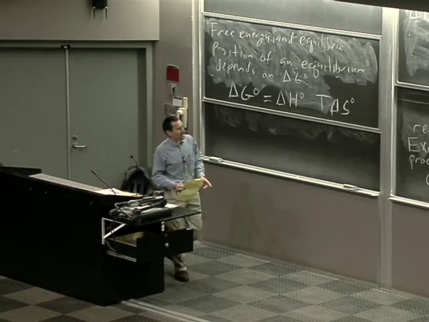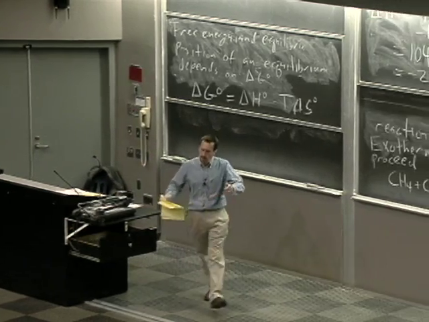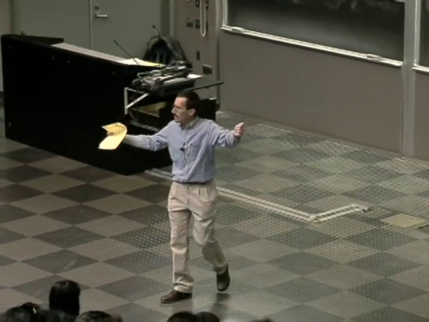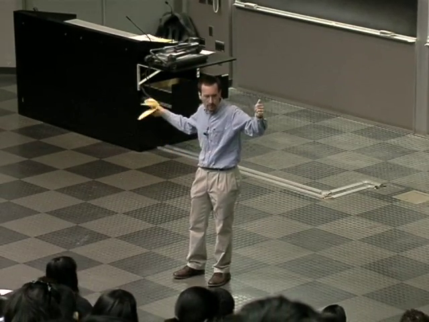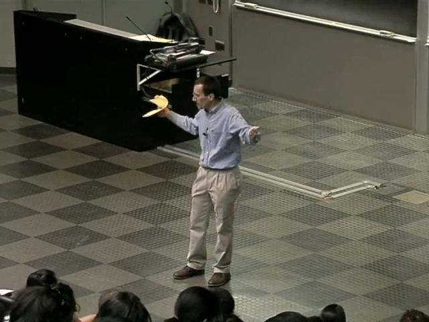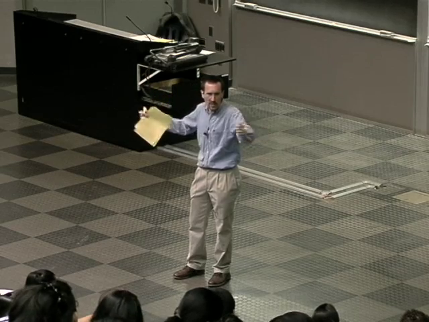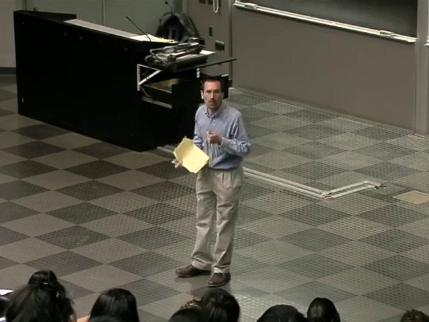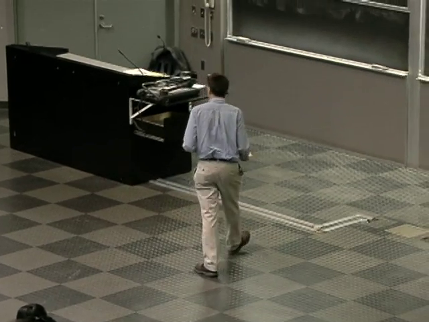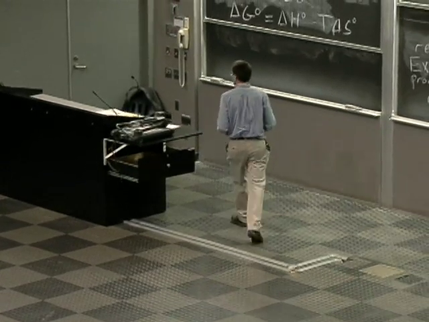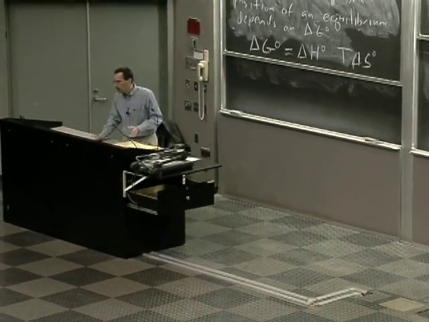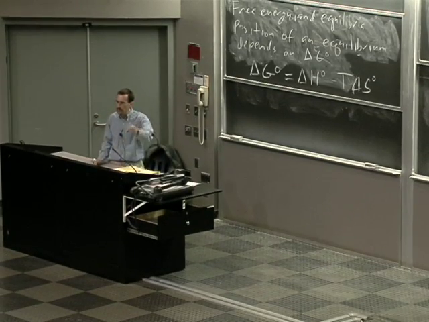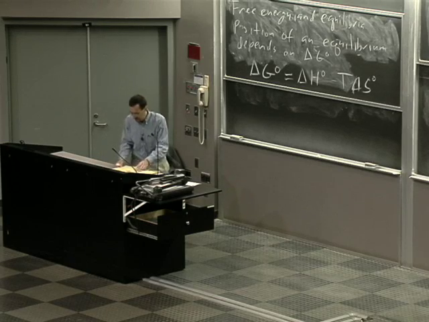We should know, for example, that if you break a bond, if you go from an iodine molecule to two iodine atoms, from one particle to two particles, you've increased disorder. If you brought two iodine atoms together, in general, we've increased order. If we decrease order, if we increase entropy, delta S is positive. If we decrease entropy, delta S is negative.